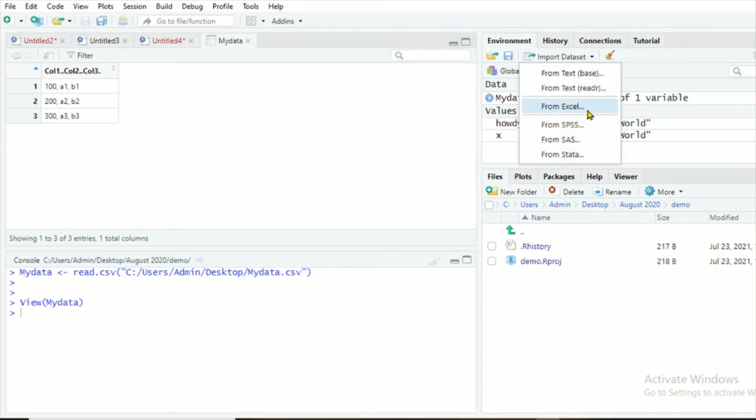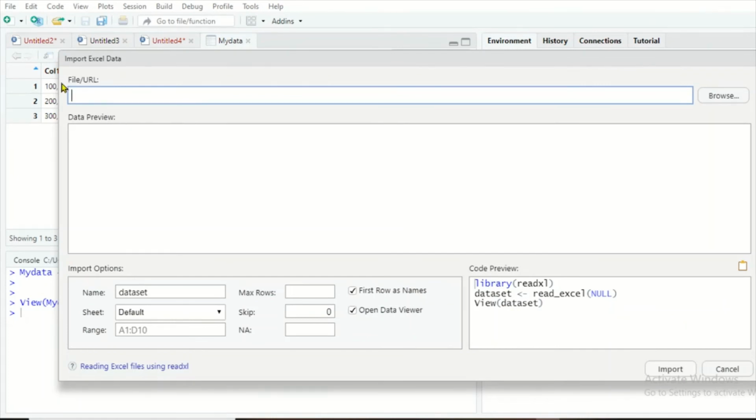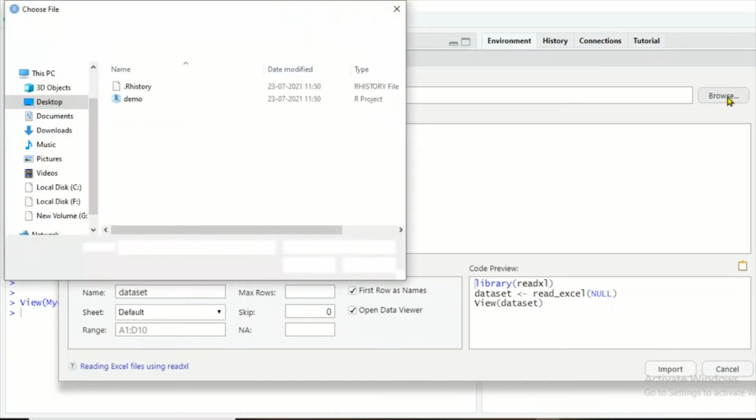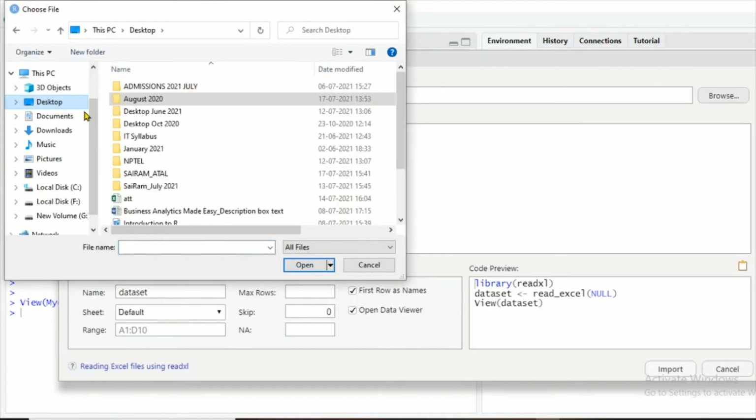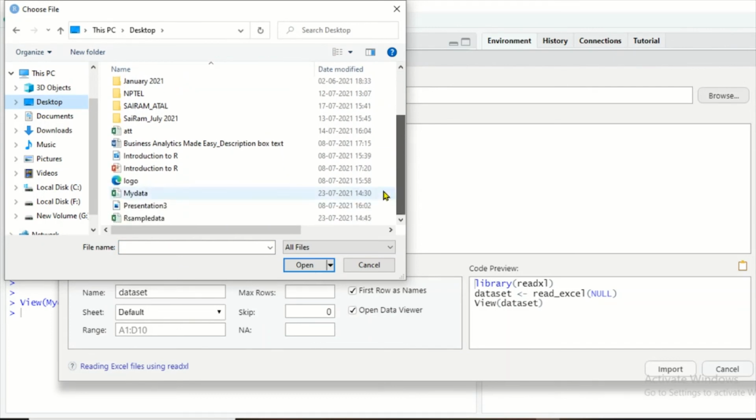Now I'm going to load the data from Excel. So click From Excel. In the new window, you can make use of the file/URL box. If you know the path, you can copy and paste it, or else go to Browse, then locate where your data is.